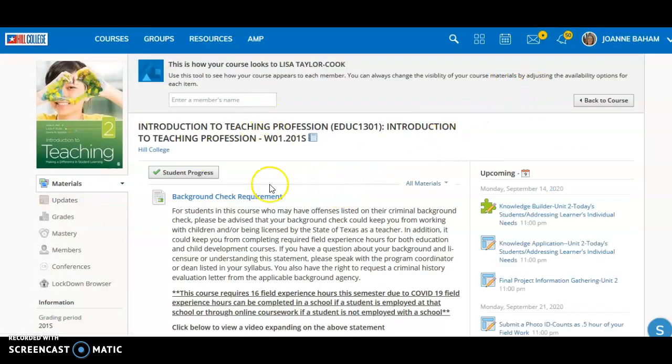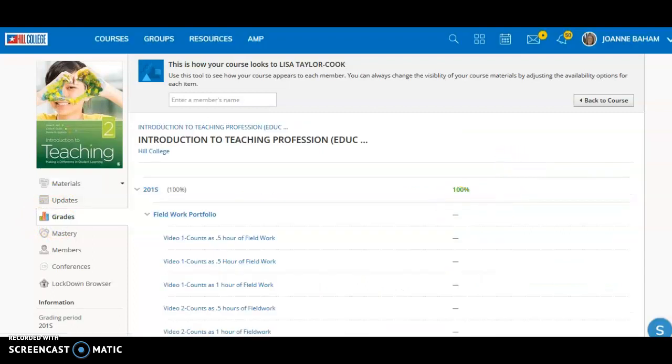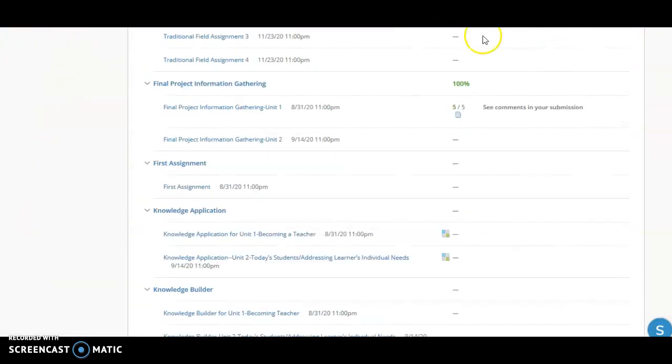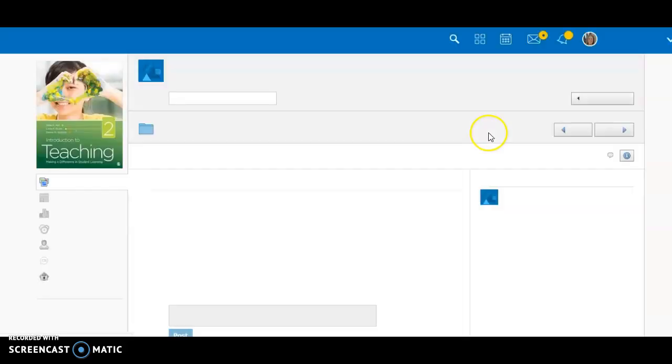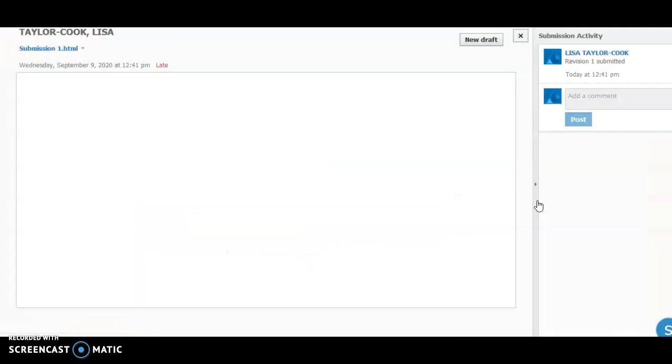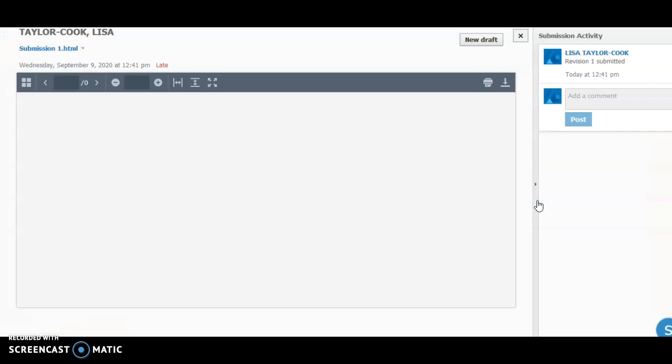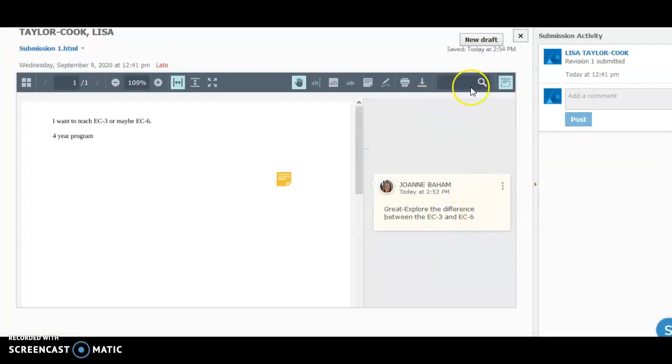Okay, so I'm back in my adjunct's account, and I'm going to show you the second way you can go right to the assignment. The first one reviewed the assignment, and then you could click the submission. But you can also click this green number usually. For some reason, it is not letting me click it, and it usually goes right there. So my understanding is you can click this green number. Now they may have changed something. So right now it's having me click over here and then into the assignment submitted to go and view the feedback. Okay, I hope that helps